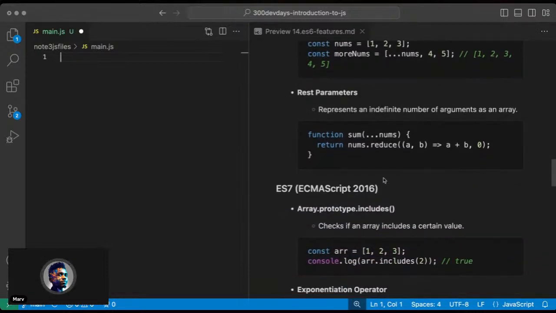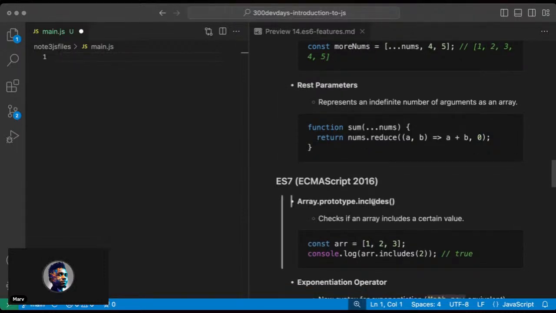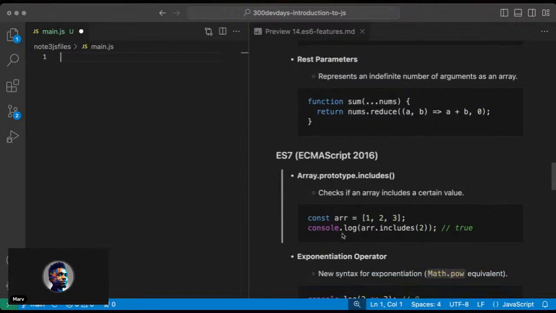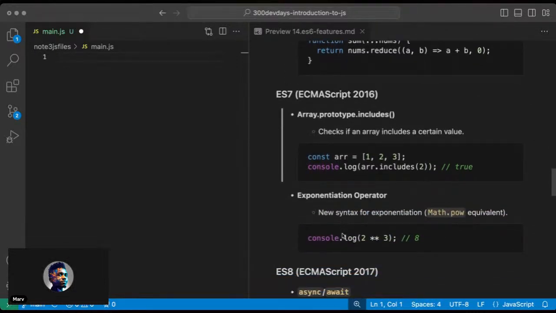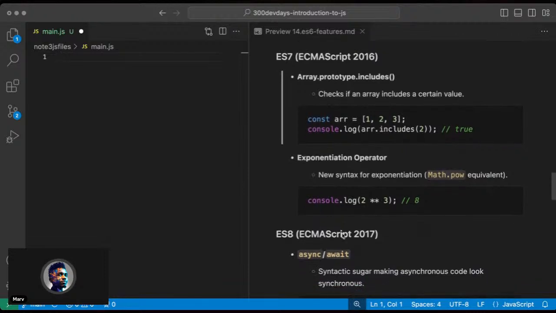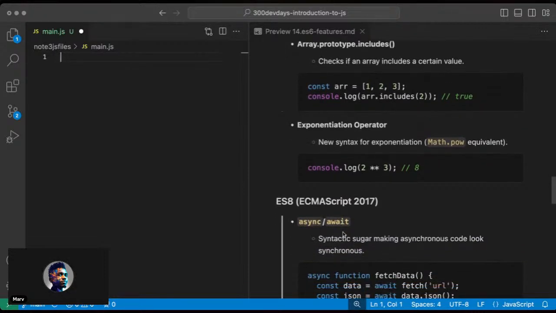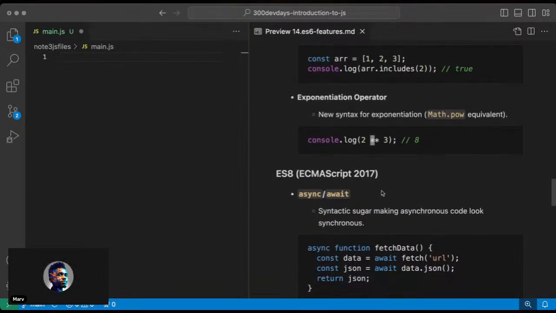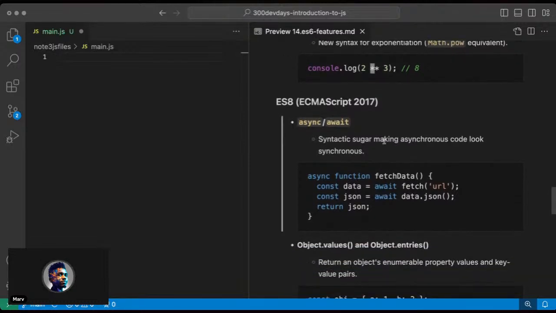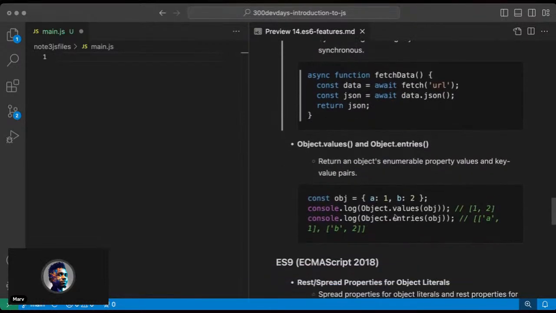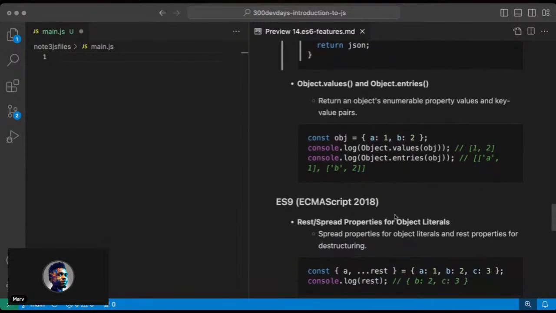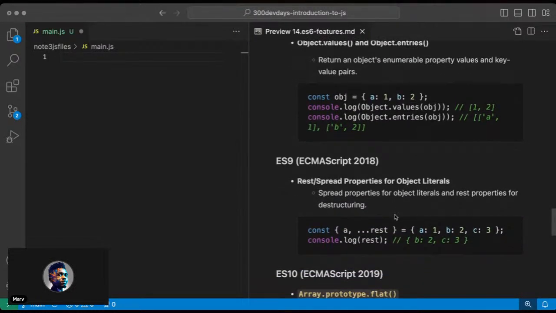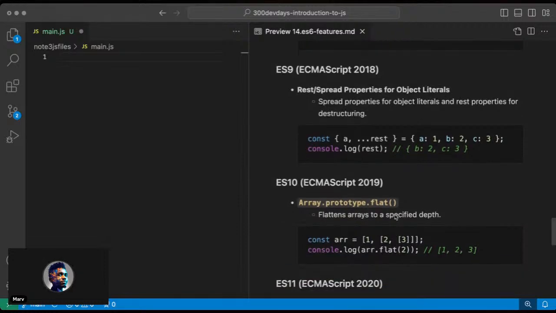I don't want us to dive so deep into this reduce function. The reason for that is because we have other areas where we need to actually cover it, when we start working on backend development. So these are some of the things we're going to cover today. Exponentiation operator, where we also have this. I think I've also explained this before when we discussed arithmetic operators, I believe. We've also discussed async await. So some of these things you've already come across in our previous classes, but we'll try as much as possible to quickly glance through them.